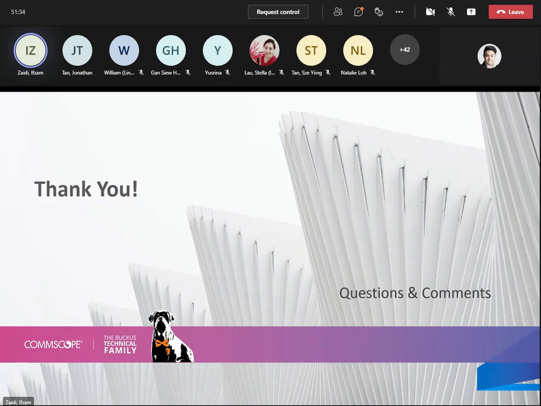Another question from William: does the analytics require minimum SmartZone versions 5.2.1 or 5.1.2? Basically, I've told you that there are some requirements for the Ruckus SmartZone.